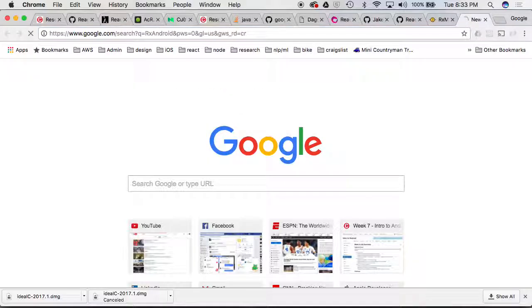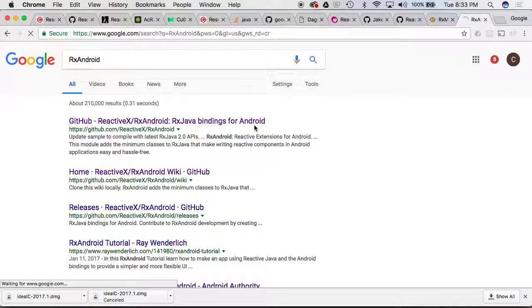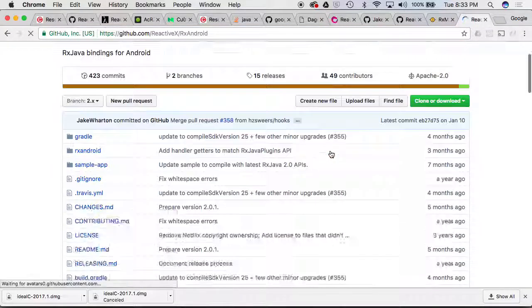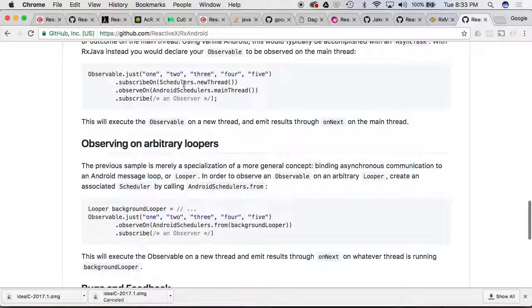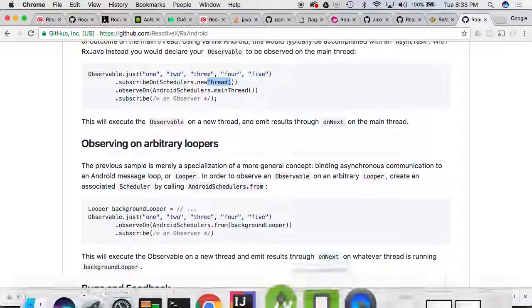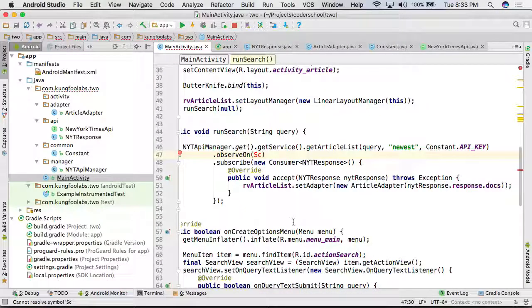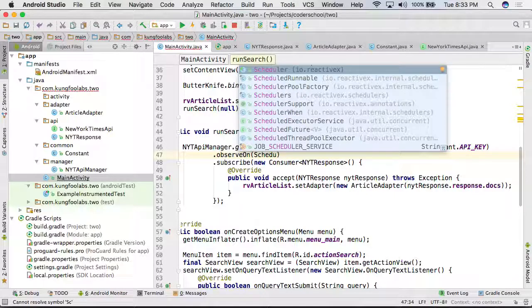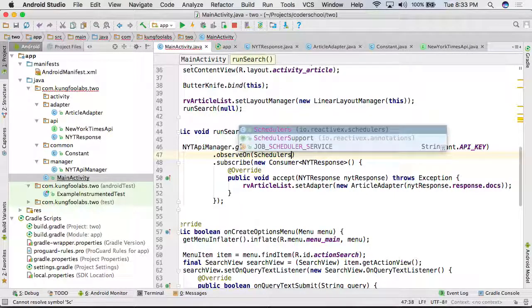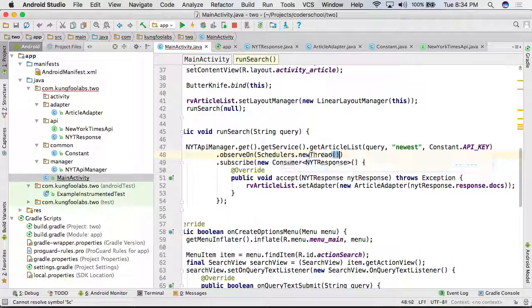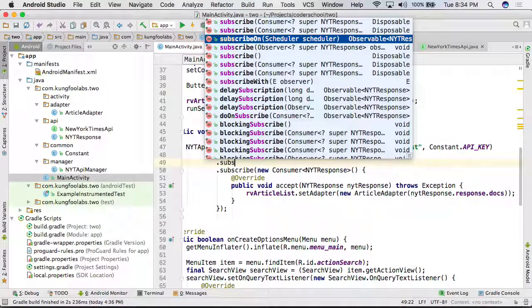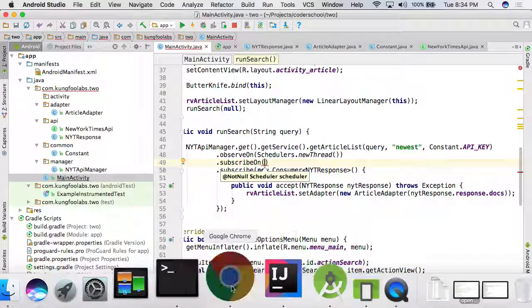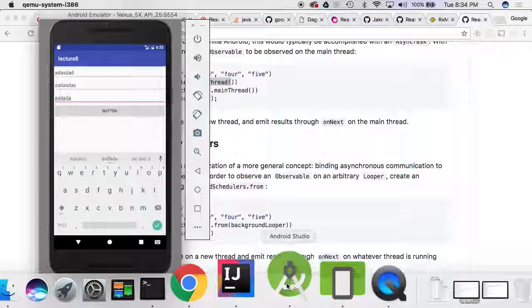RxAndroid. Subscribe on, okay, sorry, Schedulers. Actually, it was right. Schedulers new thread, right? Schedulers new thread. Observe on, what was it? AndroidSchedulers